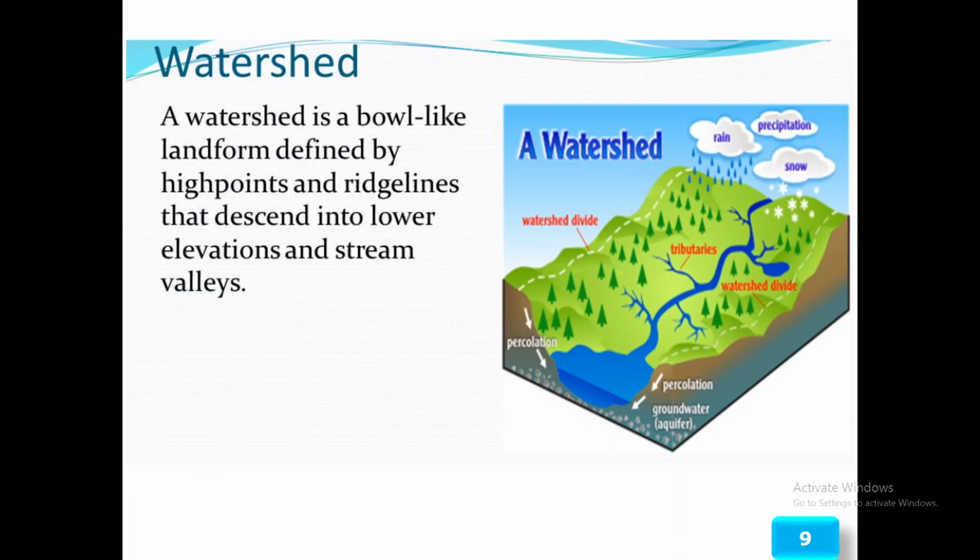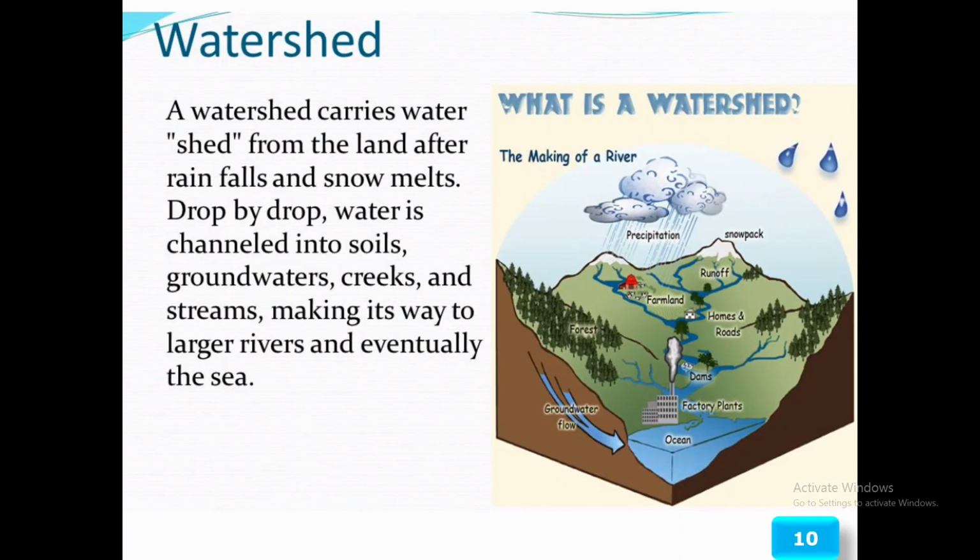A watershed is a bowl-like landform defined by high points and ridge lines that descend into lower elevations and stream valleys. The watershed carries water from the land after rainfall and snow melt. Drop by drop, water is channeled into soils, groundwaters, creeks, and streams, making its way to larger rivers and eventually